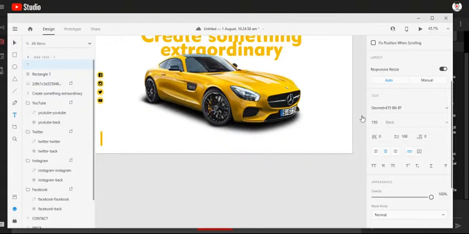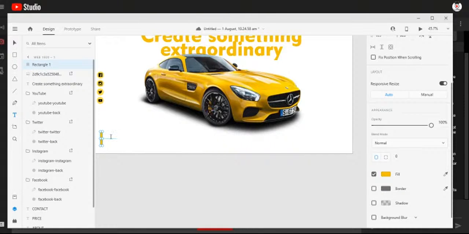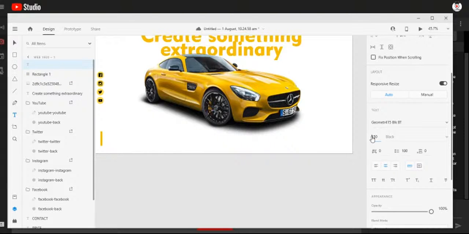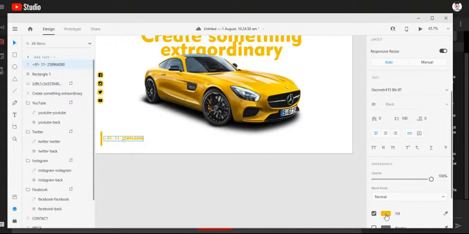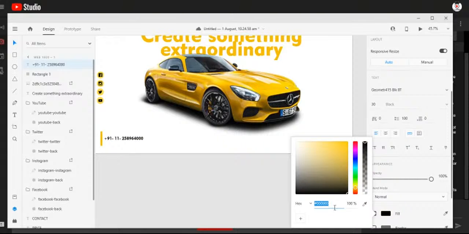Just click here, and my size will be 40. I need this color to be black,